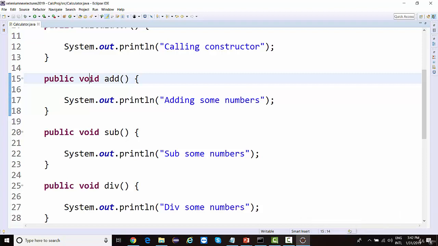Next day, if any developer comes and shows his interest in my project and wants to contribute to it, let's say there are a couple of methods available, he wants to add more methods for calculating percentage, calculating square root, he wants to enhance my project and take it to the next level, then he's most welcome. He can add his own functionality to this project, and if I like it, then I'm going to include it in the project.